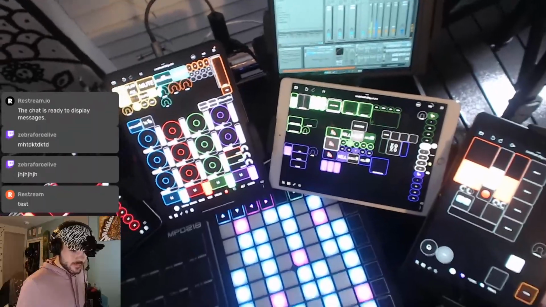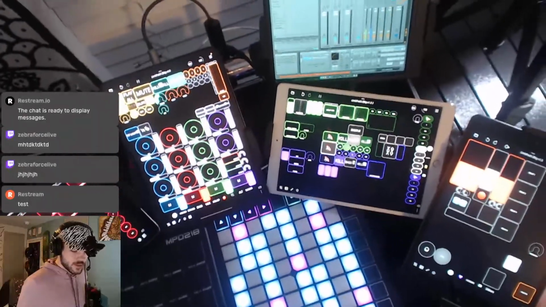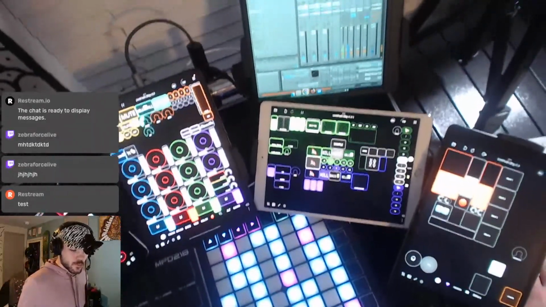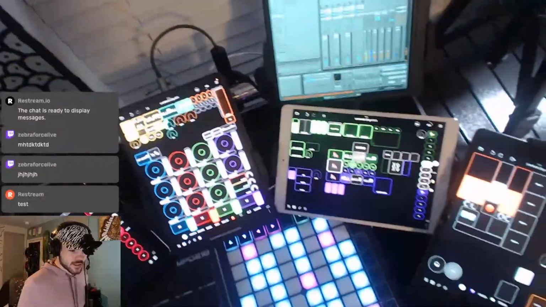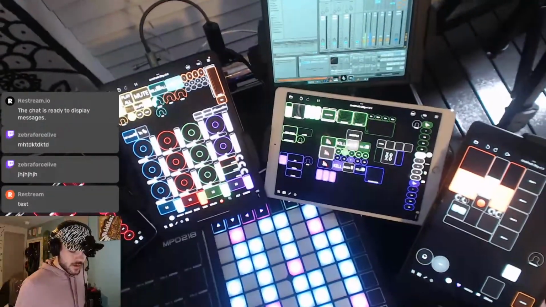I literally just watched the Ableton CPU meter go up to 420%. I'm not kidding. So I'm going to have to figure something